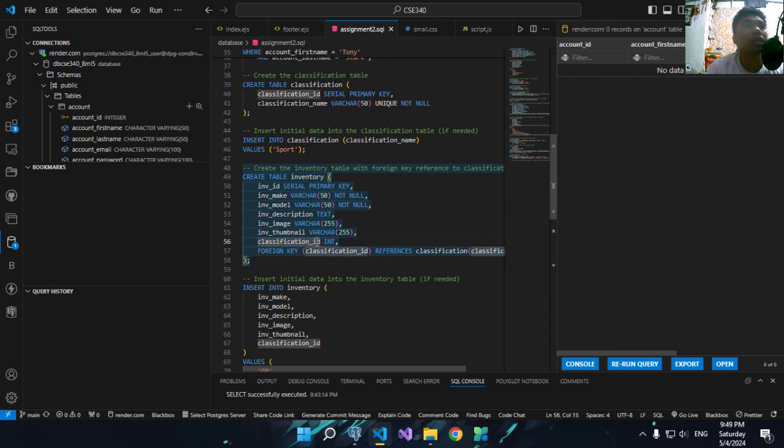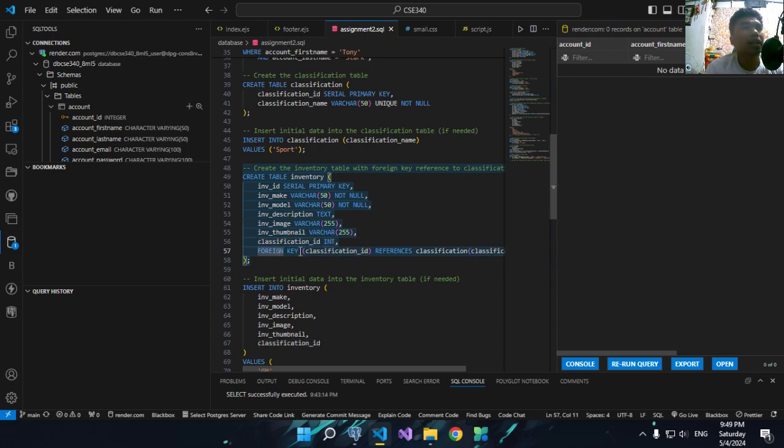He can set it as primary key because this classification is only a number. So the integer will show as a number. If the person added letters or any words, it cannot be added because it's only integer.